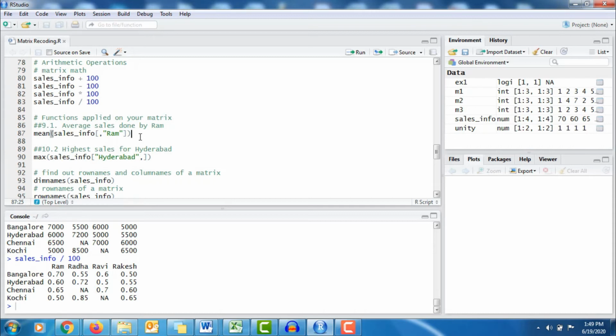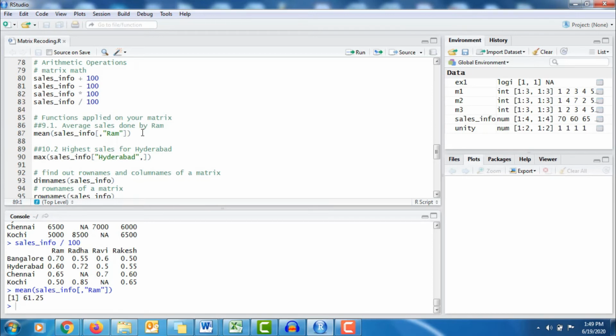So first of all, as it talks about sales done by Ram, I have to access first the elements of Ram. That can be easily done with the help of the sales info matrix followed by square bracket. After the comma, in quotation, I have to give the name of my salesperson. Now please see, I have to find out the mean. So on top of this, the mean function is applied. So you can see that the mean of sales for Ram is 61.25.